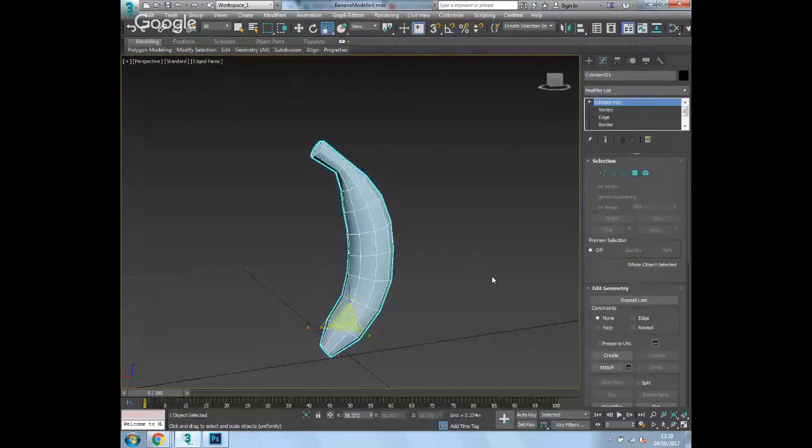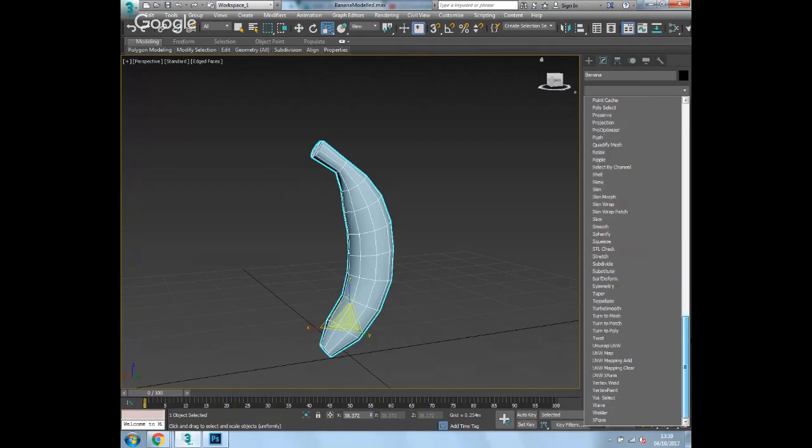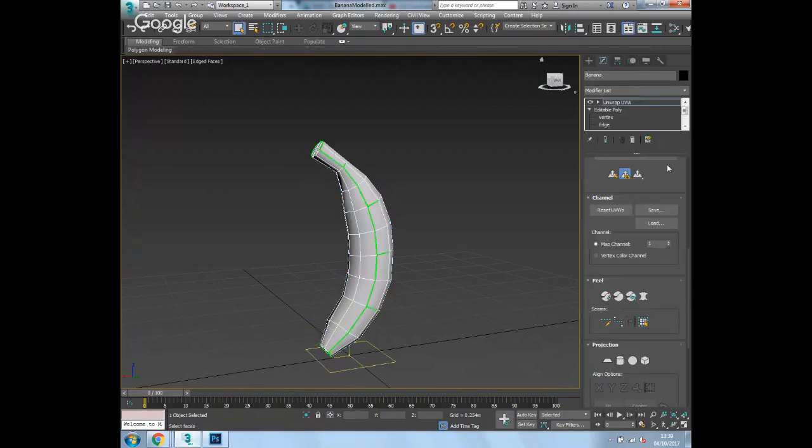Okay, so we're going to unwrap this cylinder, which I'm going to name. Remember to name your assets. Okay, so when we've added Unwrap UVW, instead of looking down and picking either one of these projection options, with a banana being semi-cylindrical,